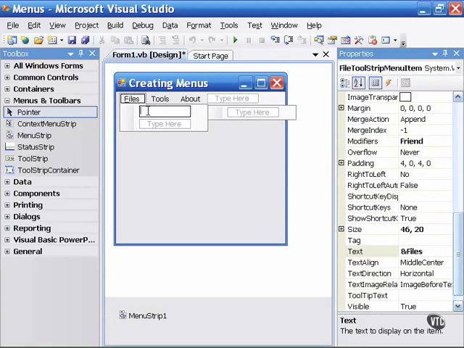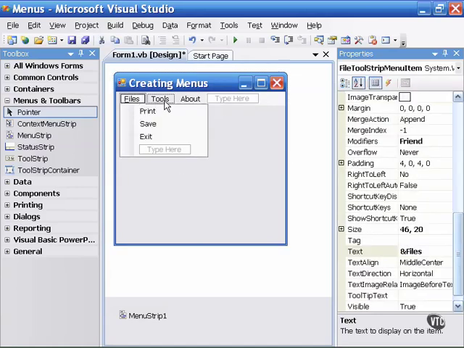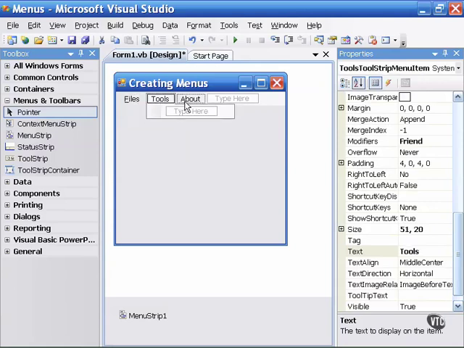And then I could add items underneath the Files menu, such as Print and Save perhaps, and Exit, and so forth. So again, quite simply, you're just filling in the blanks and following the instructions of Type Here as you